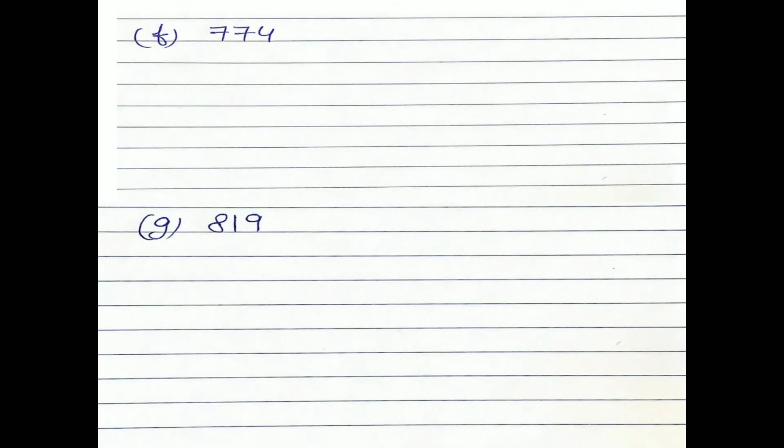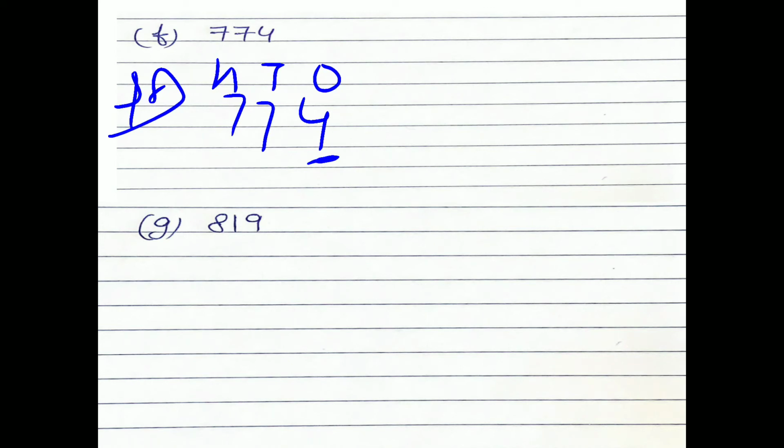Again, understand F part. First of all, you write 7, 7, 4. Write down ones, tens, 100. Now compare which place? Ones place with 5. Is your digit greater? No. If it is not greater, you will not plus 1 on the tens place. So all the digits will come as they are, but the ones place underlined digit becomes 0.